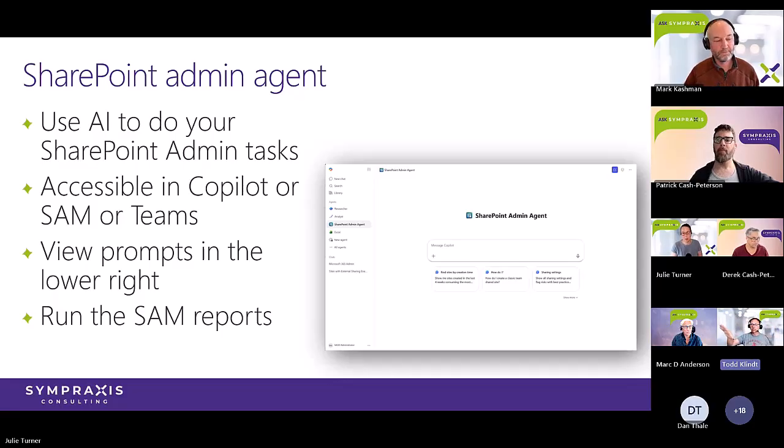So one of the things that I really like about this is we've got our starter prompts, and I picked a bad picture here for that. But there are 3 starter prompts that I've already forgotten. But when I do talks about writing agents and SharePoint agents and all that, I always talk about how important those starter prompts are. They make a really easy way for people to find common information, but they also give your agent users some idea what the agent can do, just kind of open up their imagination a little bit. So I always encourage people to have starter prompts do that.